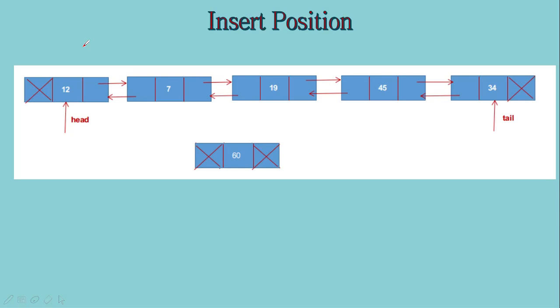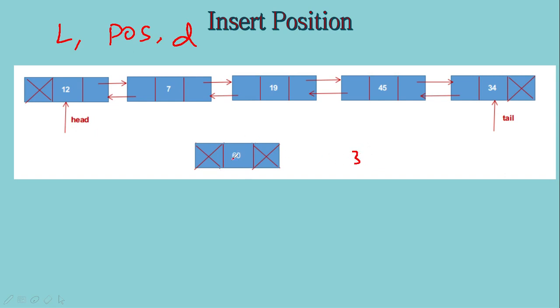Hi everybody, in this video let us discuss how we can perform the insert operation in a doubly linked list using C. Let us consider a list like this. The input for this operation is the list in which we are going to do insertion, the position where we are going to insert, and the data we are going to insert. Now let us consider a list like this, and we have got the new data 60 to be inserted at position number 3. Let us assume like this.